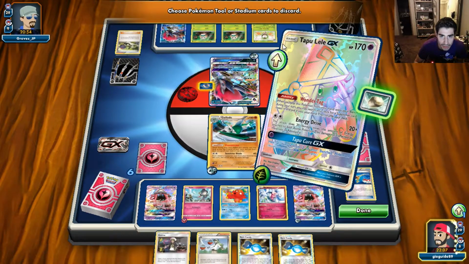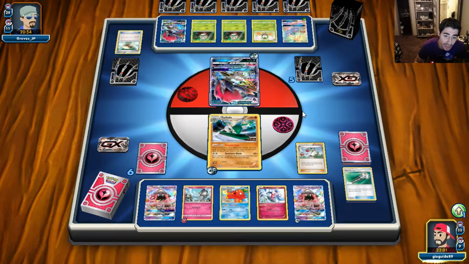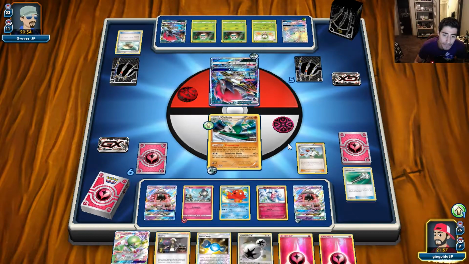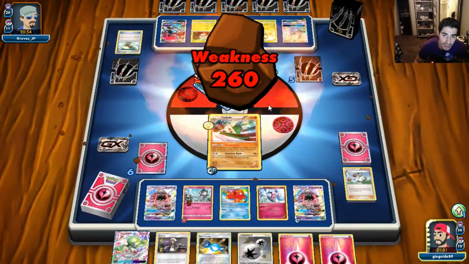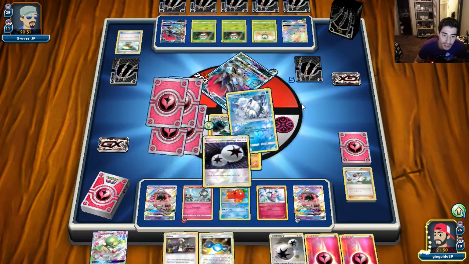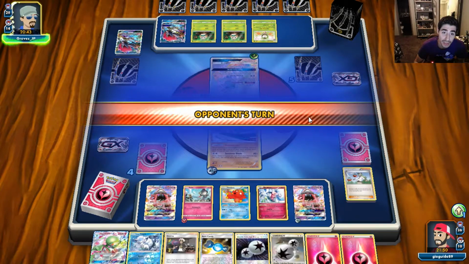Field Blower to knock out those two items. I'm going to end so that way Gallade will get his boost. Get rid of all these rare candies and hopefully get something better. That's even way better. And that'll be one knockout for 2 prizes. And next turn I'm going to have a very powerful Gardevoir. That I'm going to Guzma his...